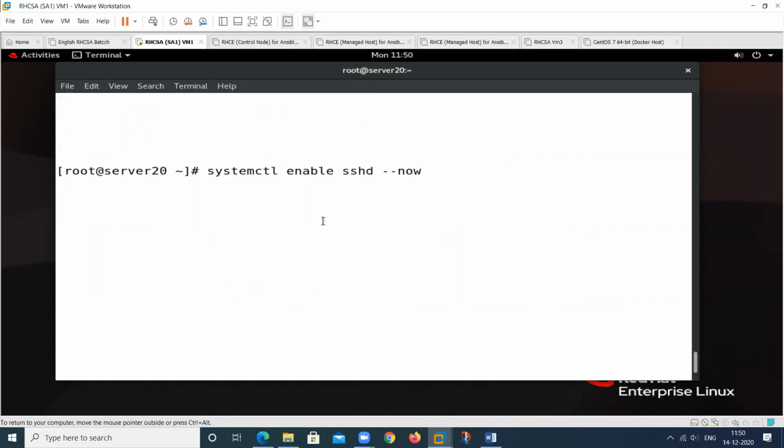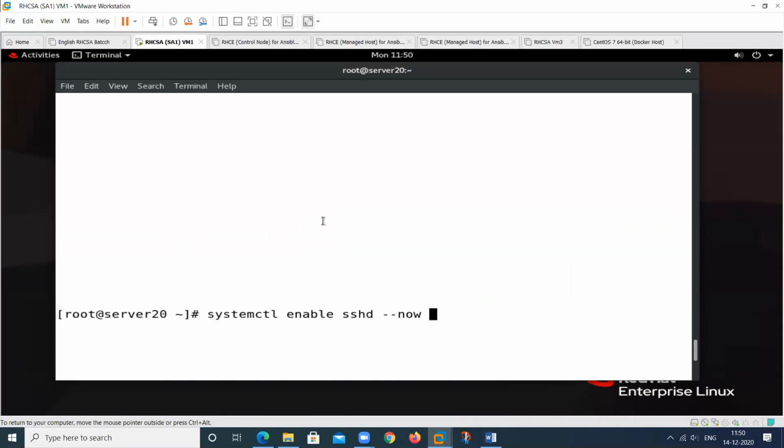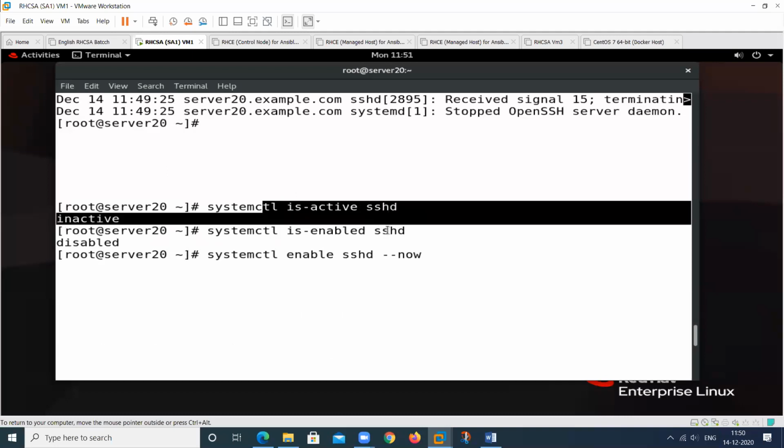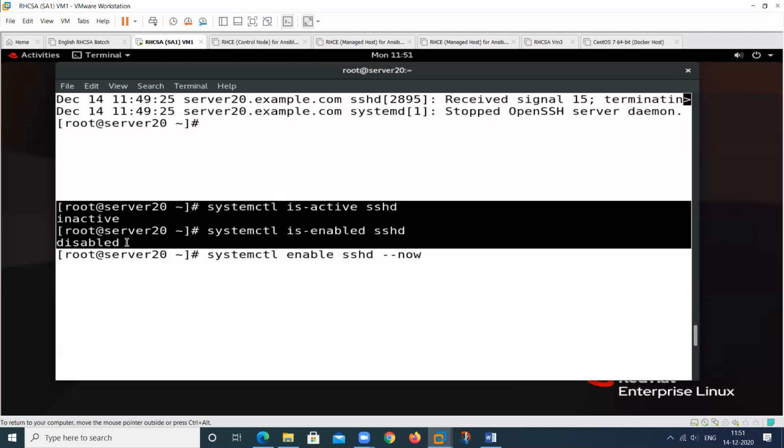So what is the impact of this? See, this is inactive. When we use start, this will be active. When we use enable, then this will be enabled. So by using two commands, these two things will be complete.